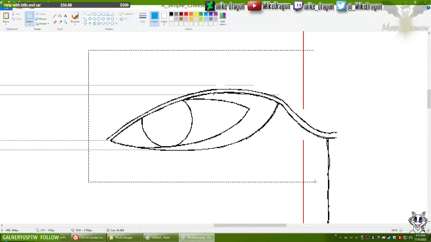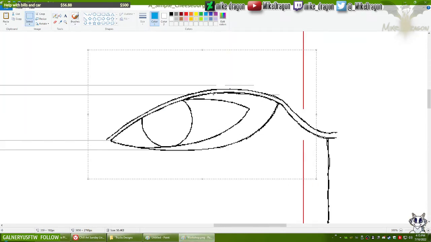So hold on, let me copy this first. So for example, do I want maybe a line here? I have no idea what I'm doing, for the record. I'm just doing it.